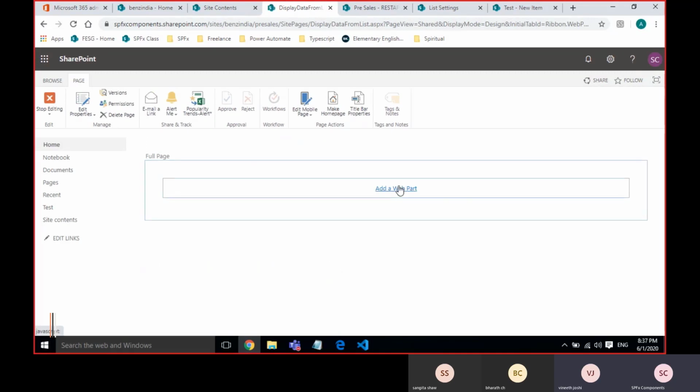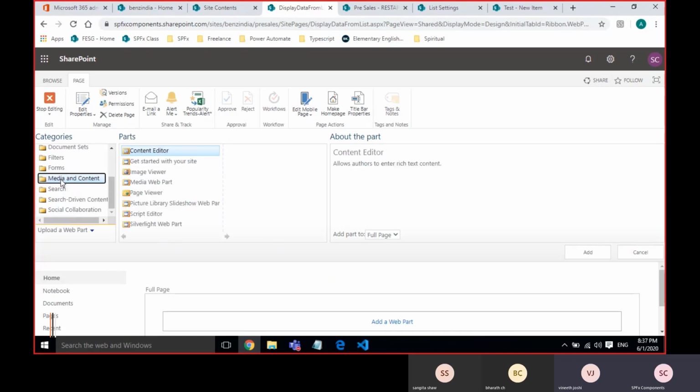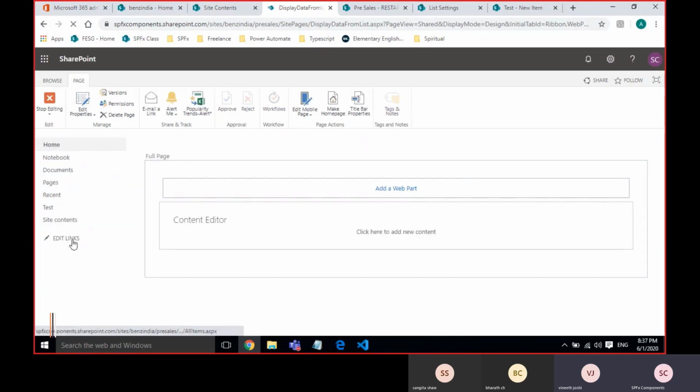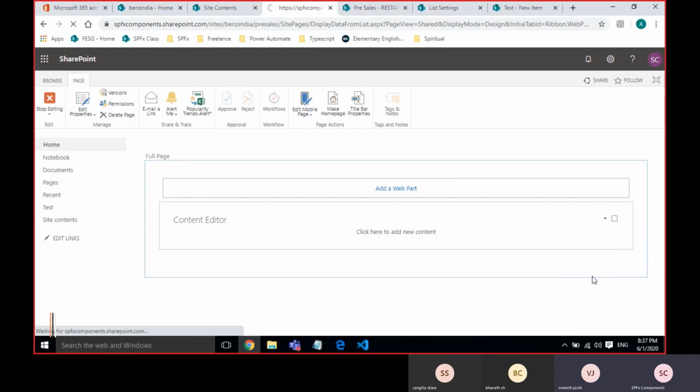So here I will add content editor web part. Add a web part. If you observe here, there are many categories, many out of the box, and here is the media and content. You will see both script editor and content editor. So I'll take content editor web part and add it. To give the path, go here, drop down the web part property menu, click on edit web part,